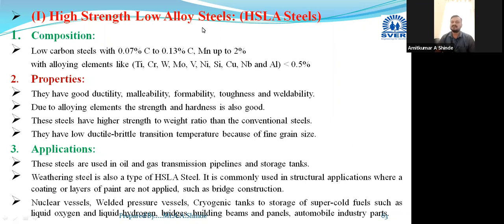Now, the next part is related to some alloy steels. Different kinds of alloy steels are there, and specifically they have given some important types as per your syllabus. There are a number of alloy steels, but in your syllabus they have mentioned 14 to 15 types, and I have tried to cover all the types of alloy steels. This all will come in the part of alloy steels.